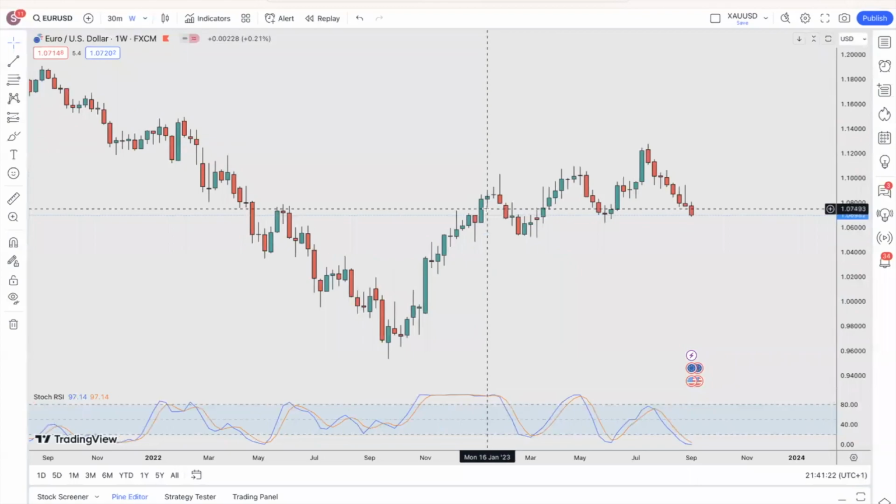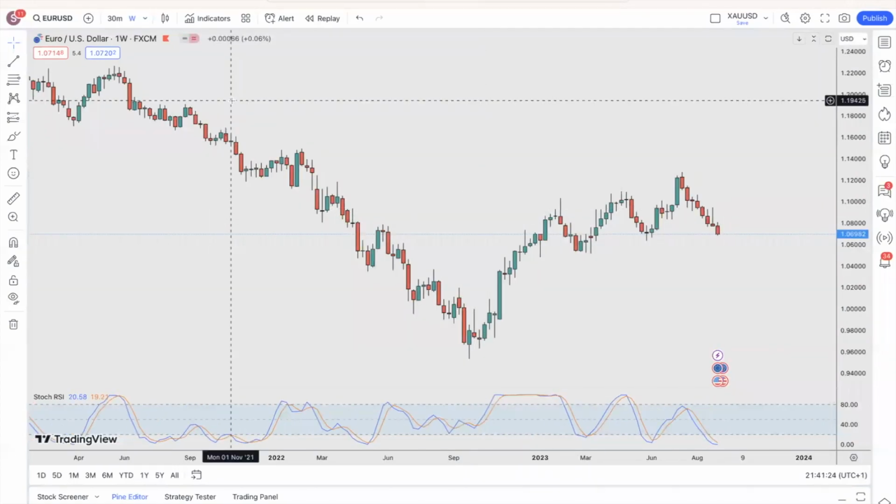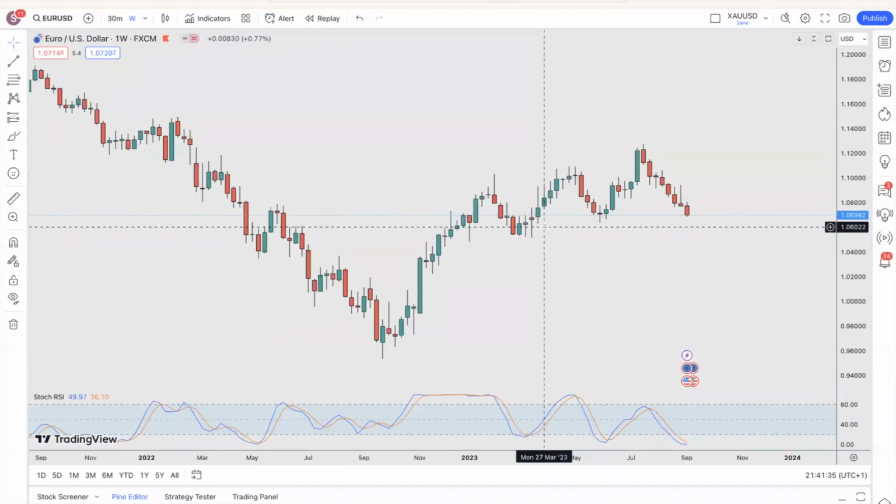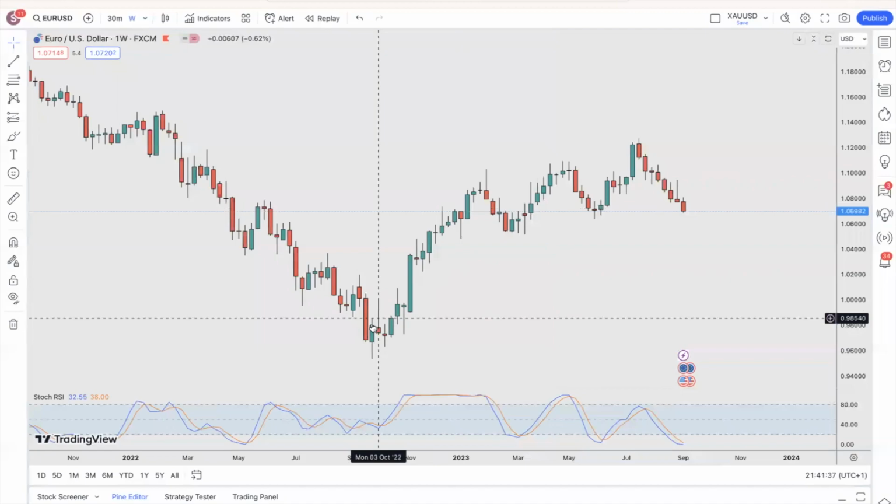The first thing that I do is I always go on the weekly chart. Why the weekly chart? Because it always allows me to identify the trend. Is it bullish? Is it bearish? What's going on? Okay, so now what we can see is that we used to have something overall